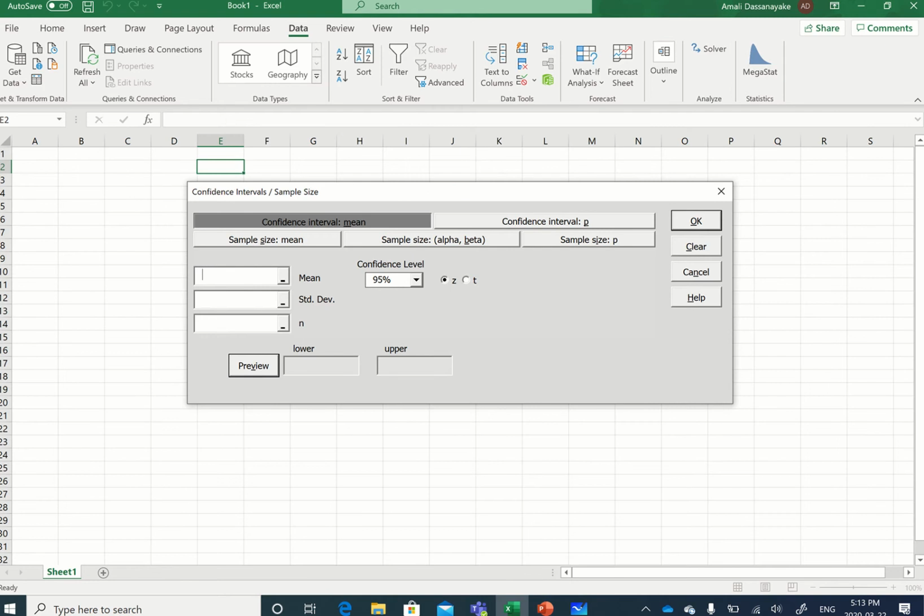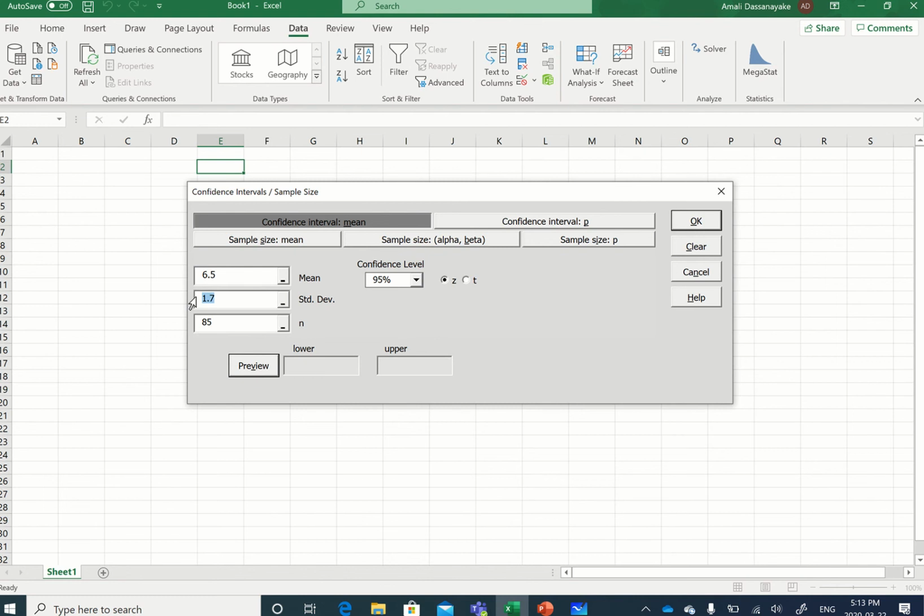So this is 6.5, 1.7, 85, 95% confidence interval. And this is very important: since you have the population standard deviation,